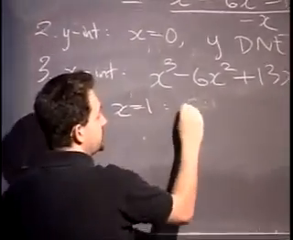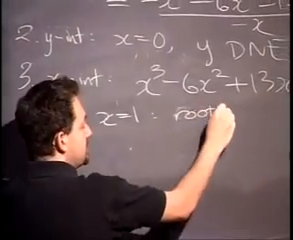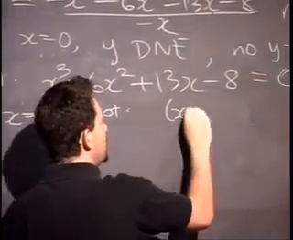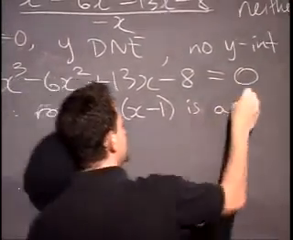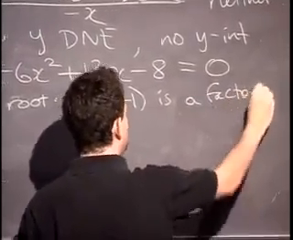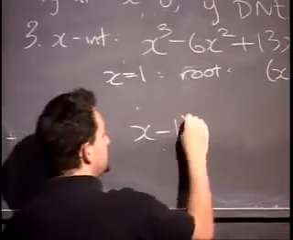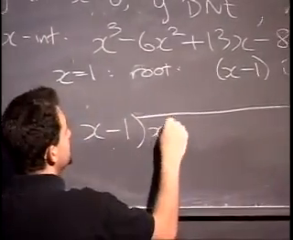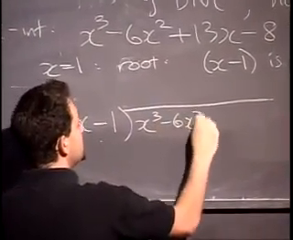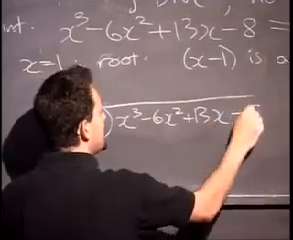Or x equals 1 is a root. This means that x minus 1 is a factor. So unfortunately, we're going to have to do a long division to find out what the other factors are. So let's put x minus 1 into x cubed minus 6x squared plus 13x minus 8 and do a long